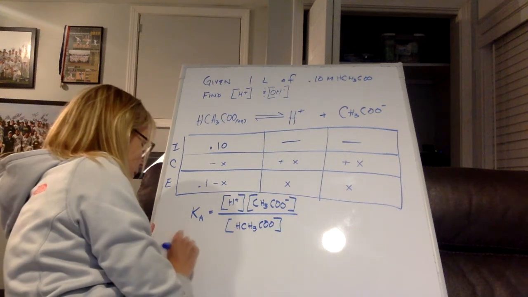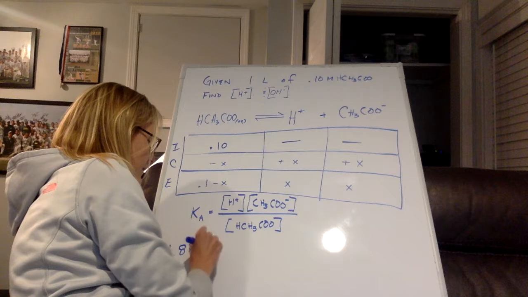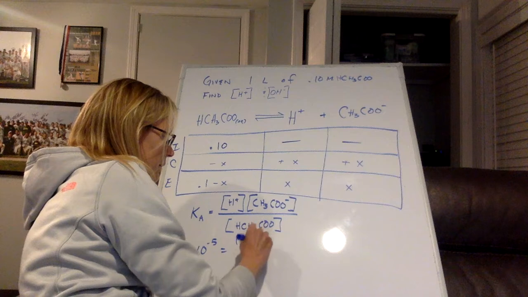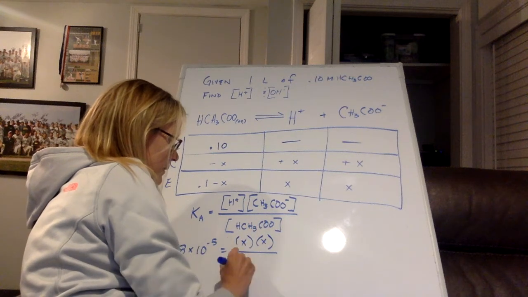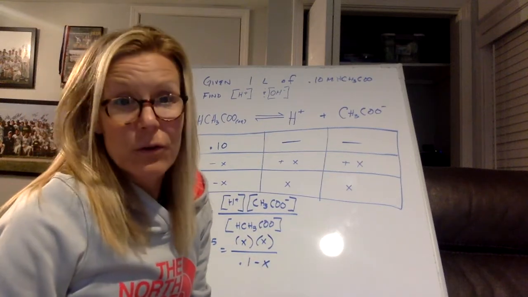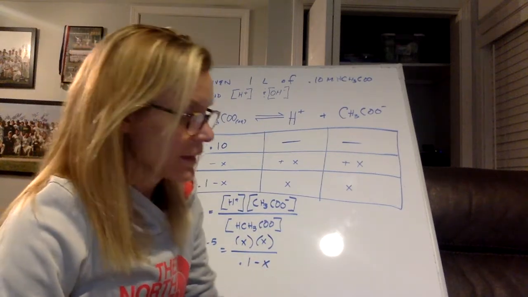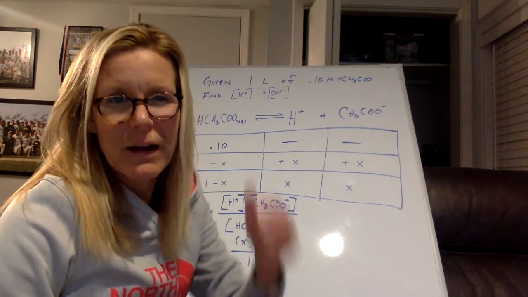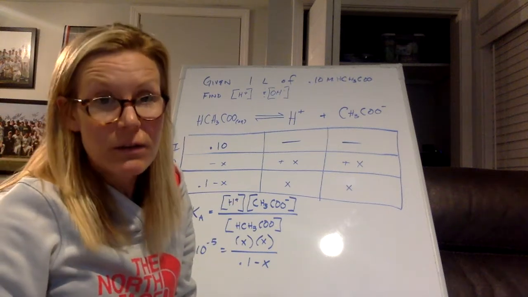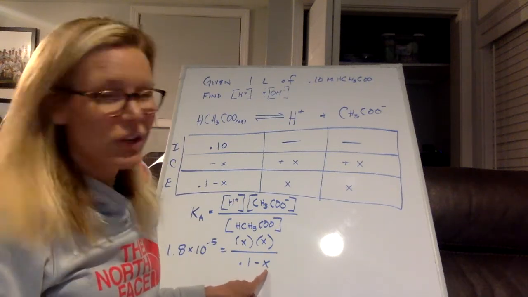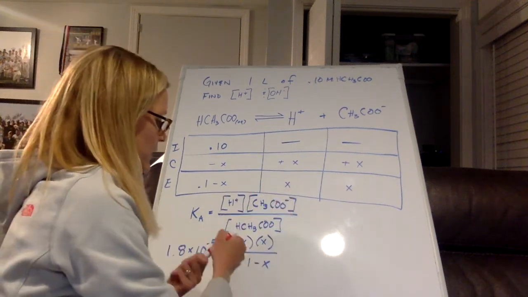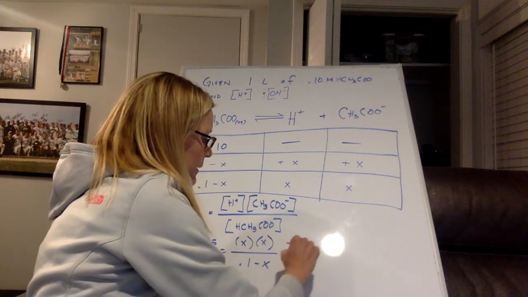So 1.8 times 10 to the negative fifth equals X times X divided by 0.1 minus X. Ugh, quadratic equation, gross. We don't really like that. So this is like that one problem where I gave you a hint and said it was a KSP problem, and I said, just drop the X. So we're going to assume that this change is really small, really, really small. It'd have to be really small in order for this to work. So we're going to drop